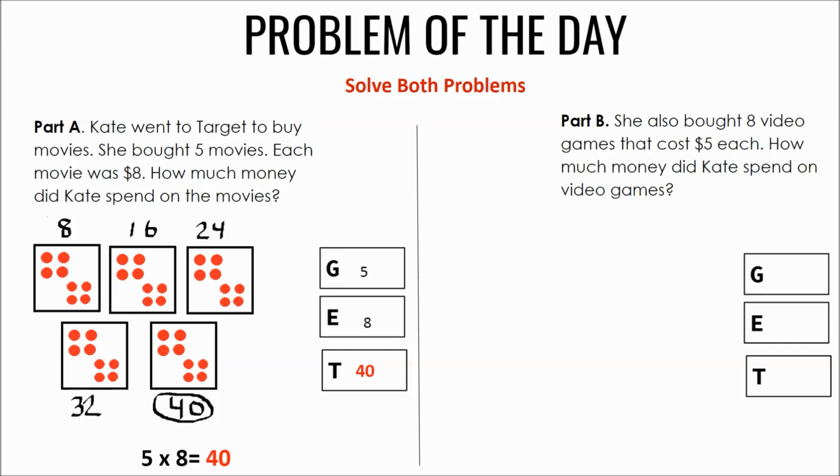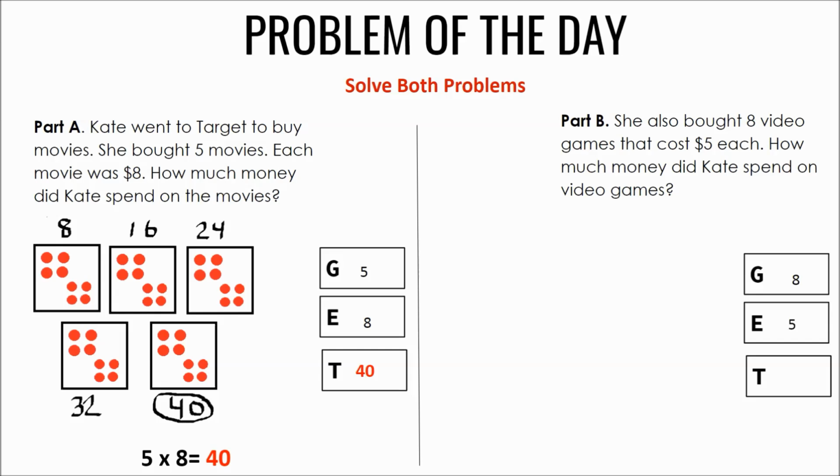Now let's look at part B. She also bought 8 video games that cost $5 each. How much money did Kitty spend on video games? I'm going to go right back and read the problem one more time and take my important numbers and put them in my GET. This time, 8 is our group because each video game is a group and each one